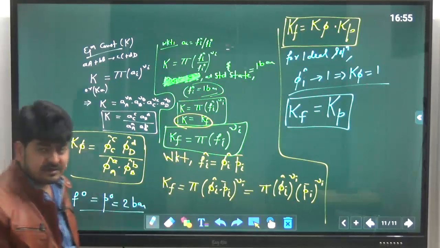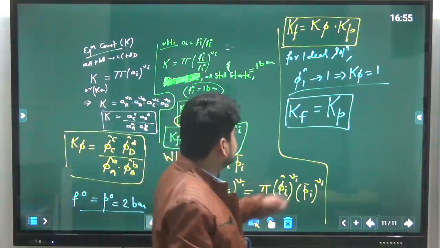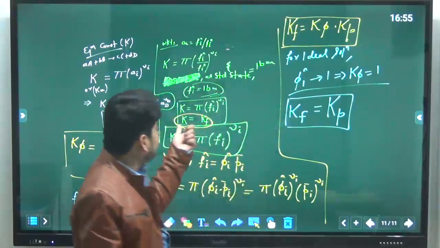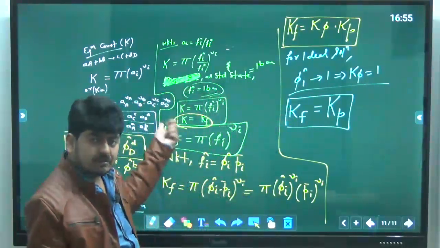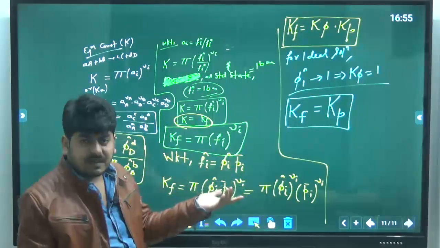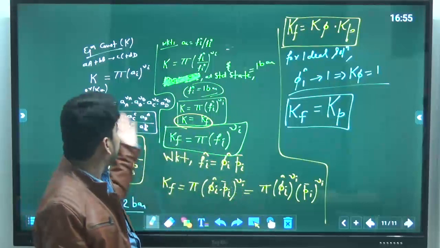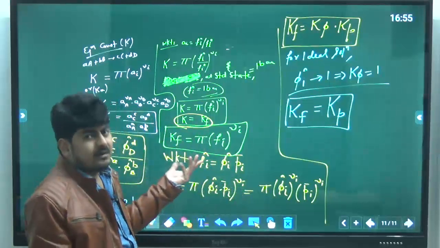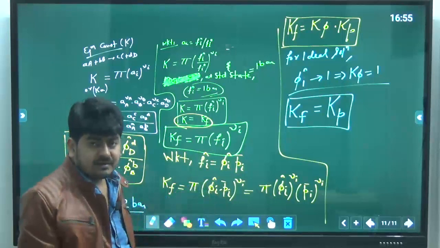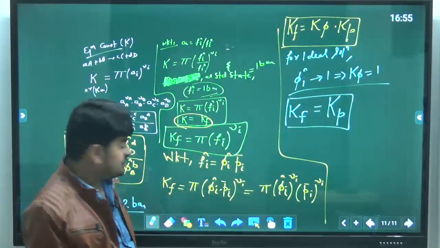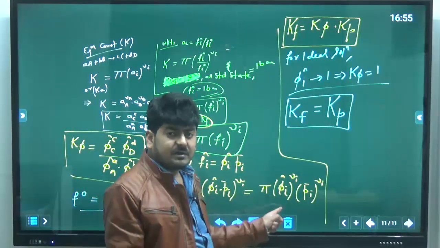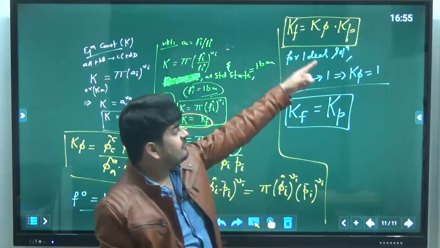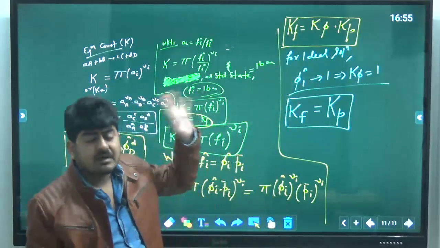I hope this point is still clear to all of you. Okay, so then you will get K and Kf from K. If it is 1 bar, then simply Kf and K will be same. And then now check for the phi. If that is a non-ideal solution, phi i cap will be given. So you can calculate K phi and from there you will get Kp.